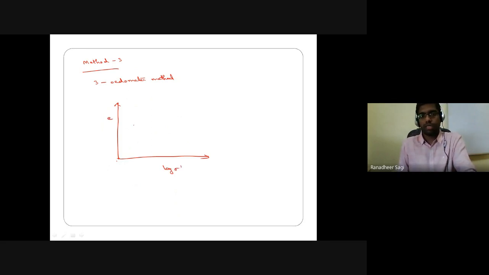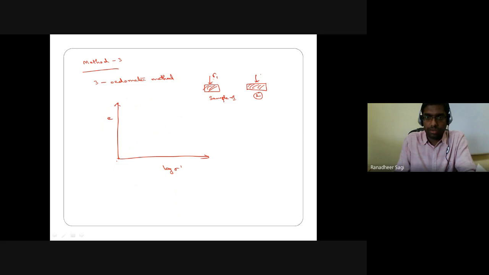Okay, so on soil sample 1, soil sample 2, let's say this is sample 1, subjected to some external loading, let's say sigma 1, sample 2 subjected to some external loading sigma 2, sample 3 subjected to some external loading sigma 3. All these 3 soil samples are allowed to have full saturation by adding water.